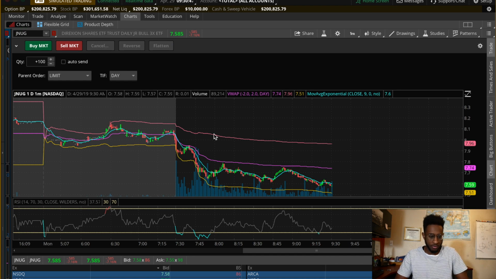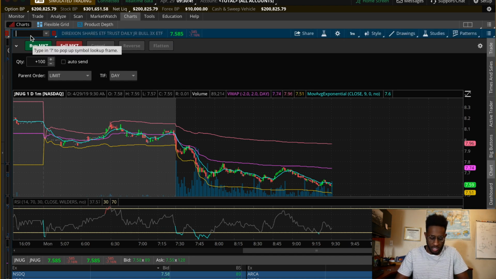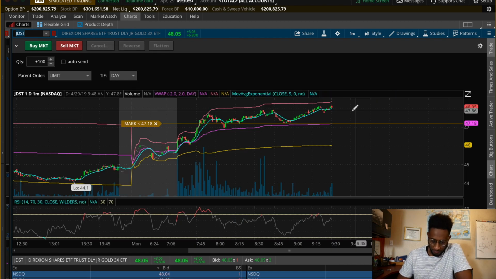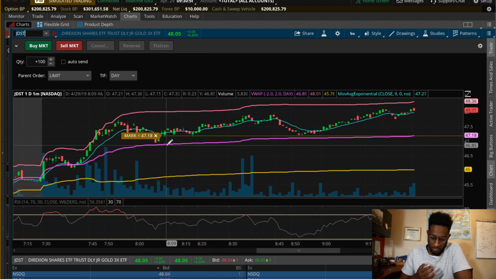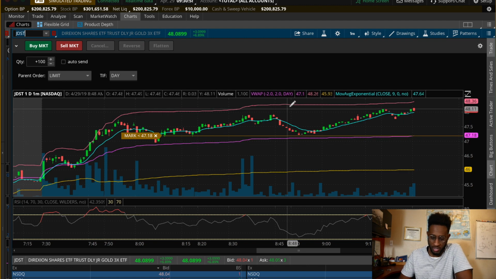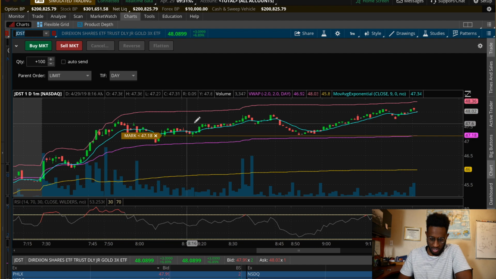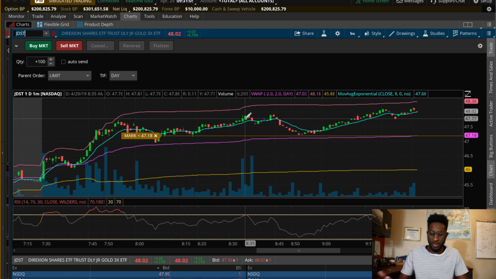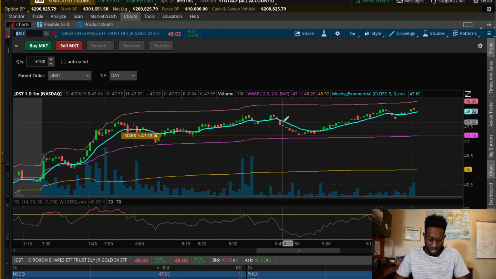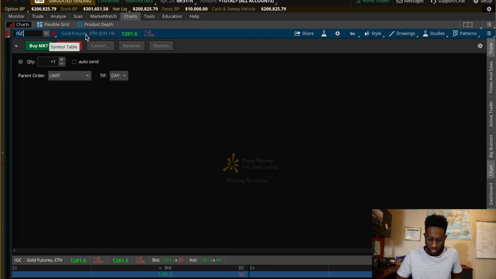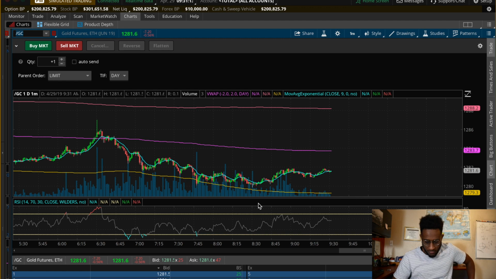All right, welcome back, everybody. So today what I traded was JDST, which is a gold-based ETF. And like I said, if you watched the last video, I'm only focusing on trades that are in between the top VWAP and the bottom VWAP. So I didn't trade much until I was waiting for the best opportunity, right? First let me pull up /GC, which is the gold-based future. I saw that it's down, trading in between the bottom and top or middle VWAP.